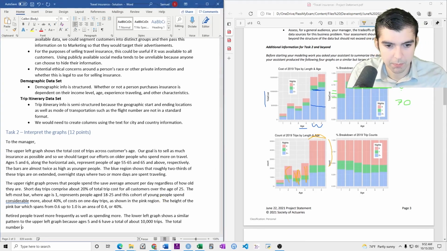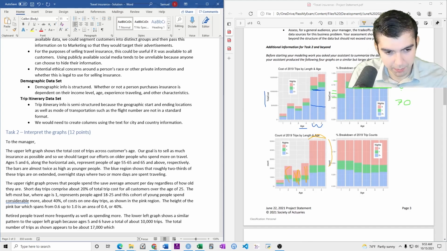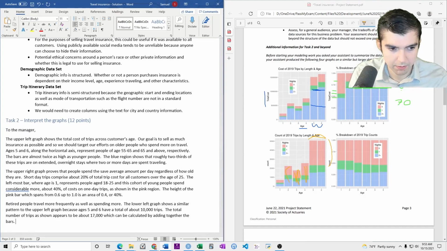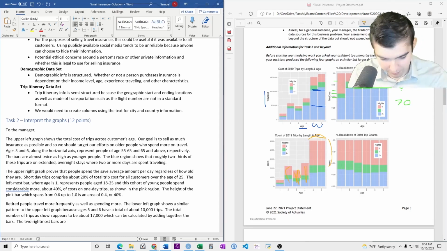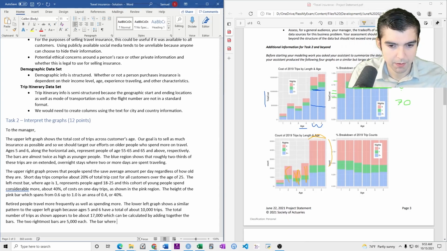The total number of trips, as shown, appears to be 17,000, which can be found by adding together the bars. The two rightmost bars are 5,000 each. The bar where age is 4, about 3,000, and so forth.